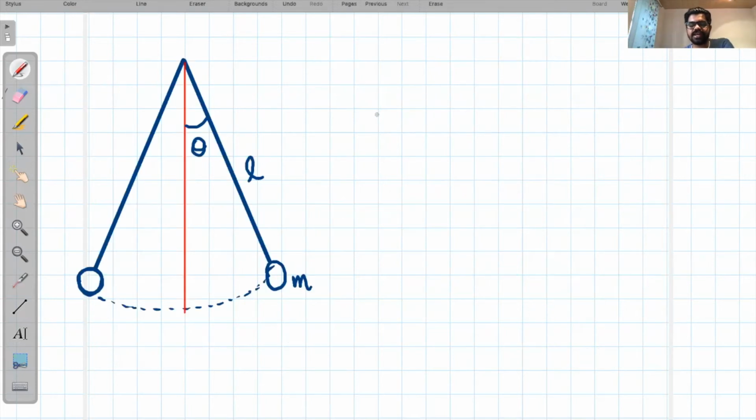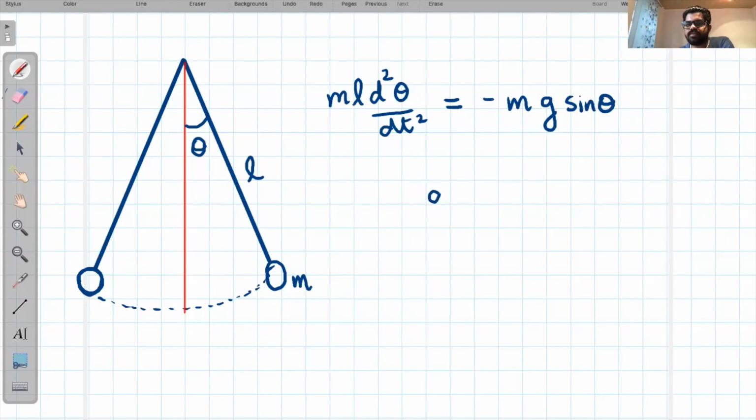We all have done experiments to determine the time period of a pendulum, rather a simple pendulum. If we write down Newton's equation of motion for a pendulum, what we get is m, the mass of this point object, L, the length of the pendulum, times d square theta over dt square is equal to mass times the restoring acceleration, which is g sine theta. Simplifying, we get d square theta over dt squared plus g over L times sine theta is equal to 0.